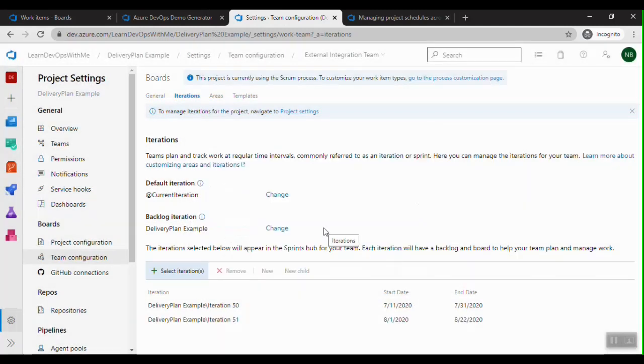Yeah, so this was the task, to create a new team and create iterations which exist parallelly to the existing team one's iterations, and associate these two iterations to the external integration team. So let's see what is the next task.